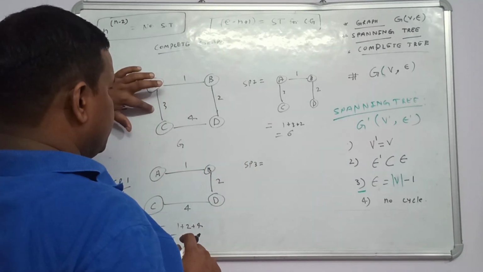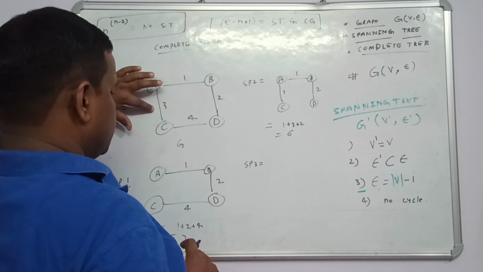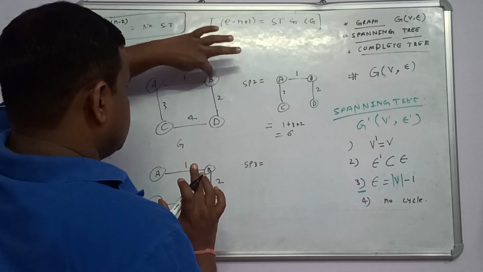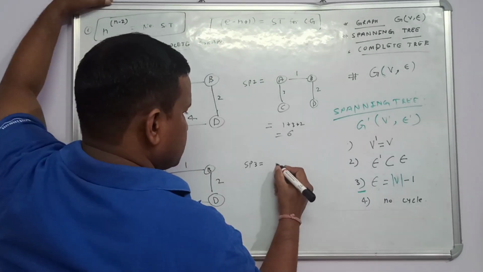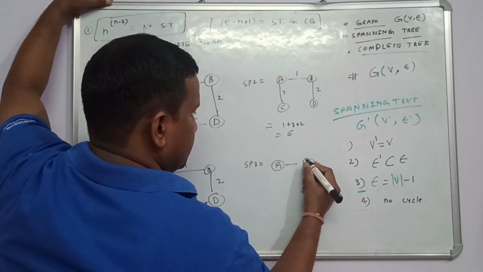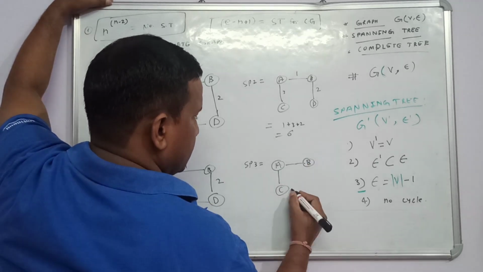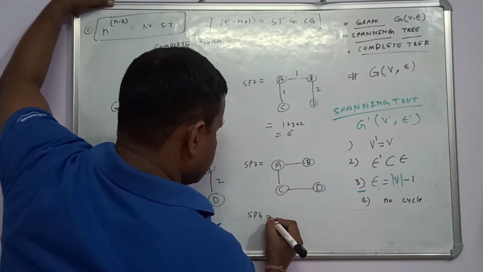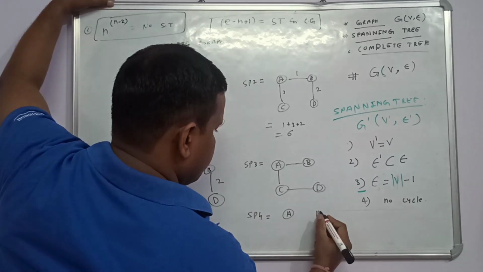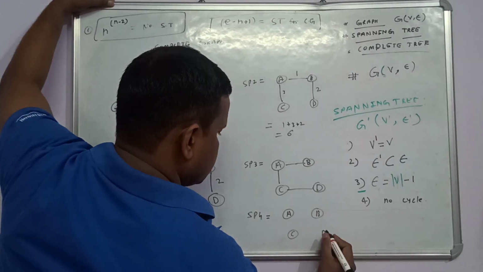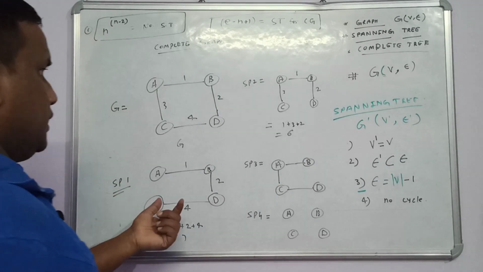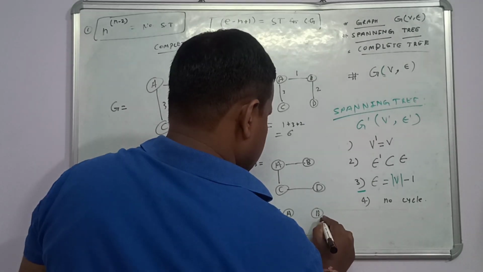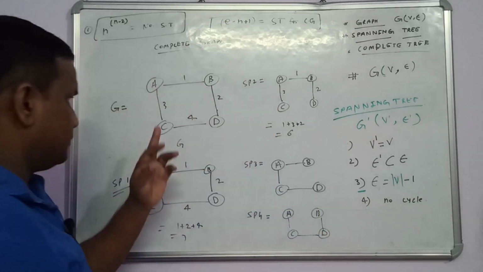Next we are going to form another spanning tree, spanning tree 3, where we have taken out two edges, A to C and C to D. Now we will take out the edge B to D. So A B, C and D. This is one graph. Another spanning tree I can make is A B C D, and we will take out another edge. So this is another form of spanning tree from the given graph.